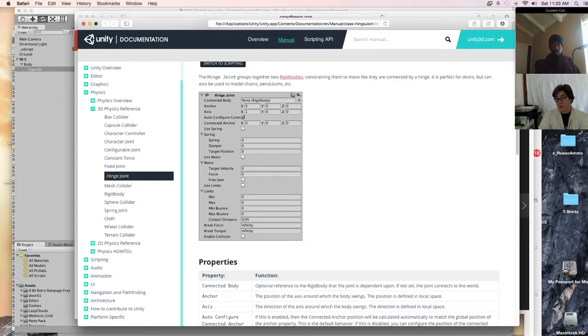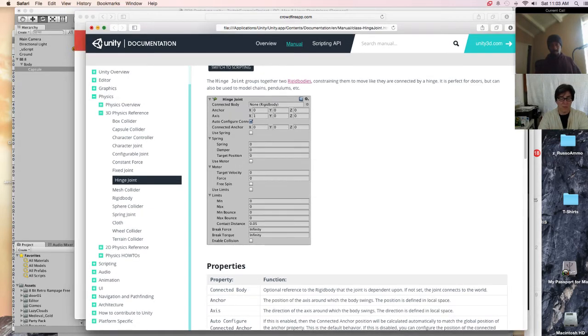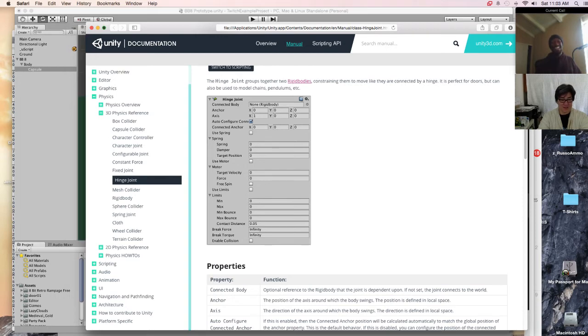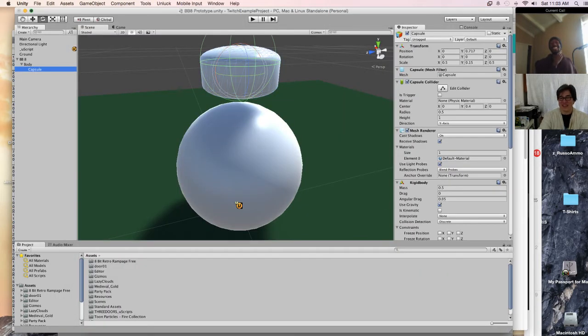Right? Maybe hinge joint is not exactly what we want if the body is the sort of anchor for it, right? Maybe we should actually have the capsule anchored to the body, the body anchored to the capsule. Does that make sense? It doesn't actually, because what'll end up happening is, let's say we move the